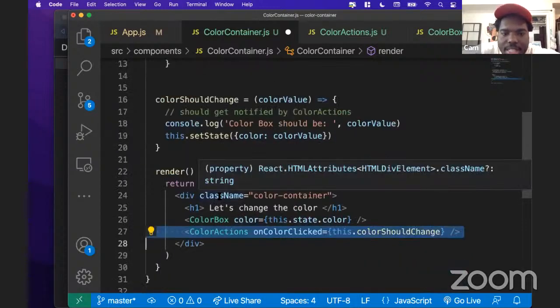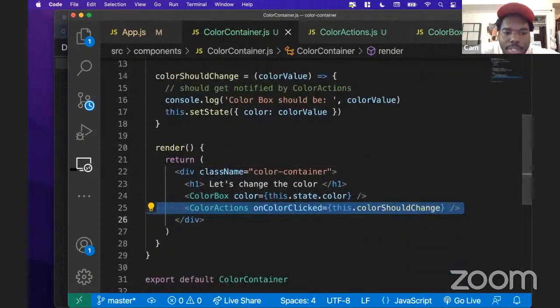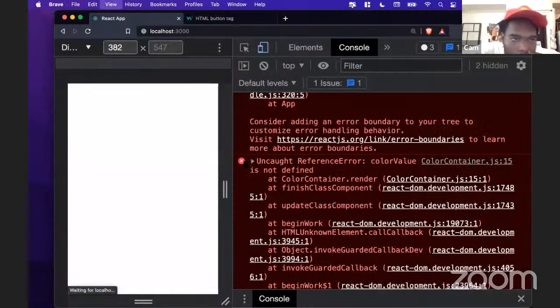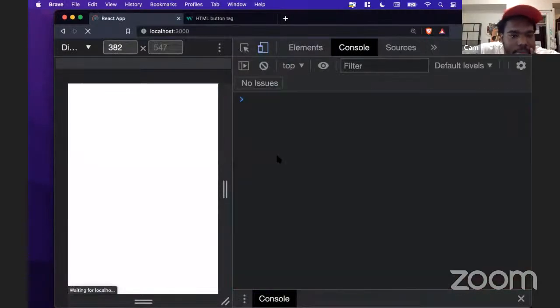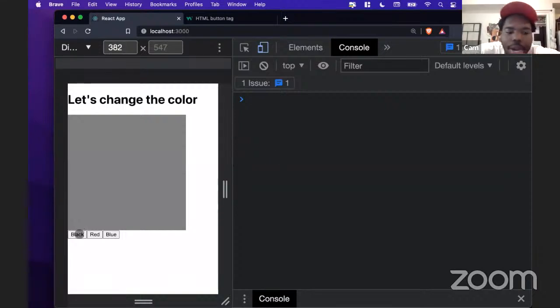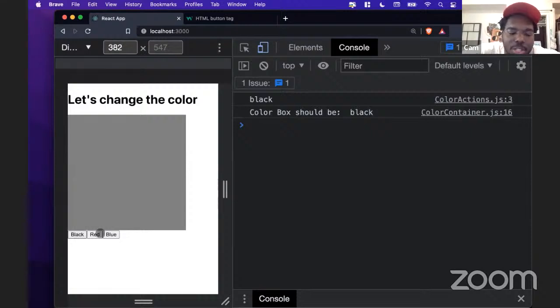So let's take a look at where we are right now. Hopefully the app will stop crashing and run the right way. Okay, so right now we have our action buttons. We have our callback function that gets triggered whenever we click one of these buttons. That callback function inside of color actions, we can see event.target.value is black, but that function, when we click this button,